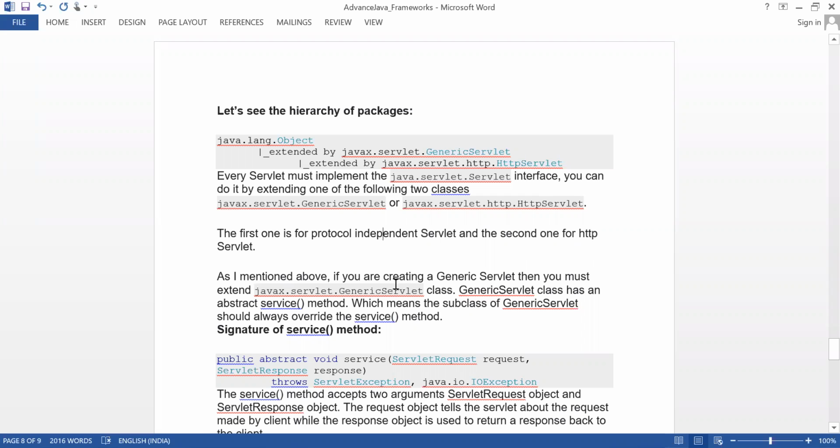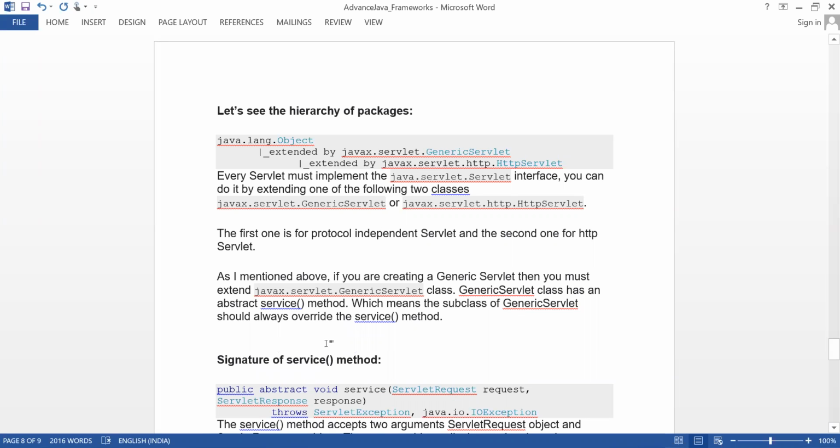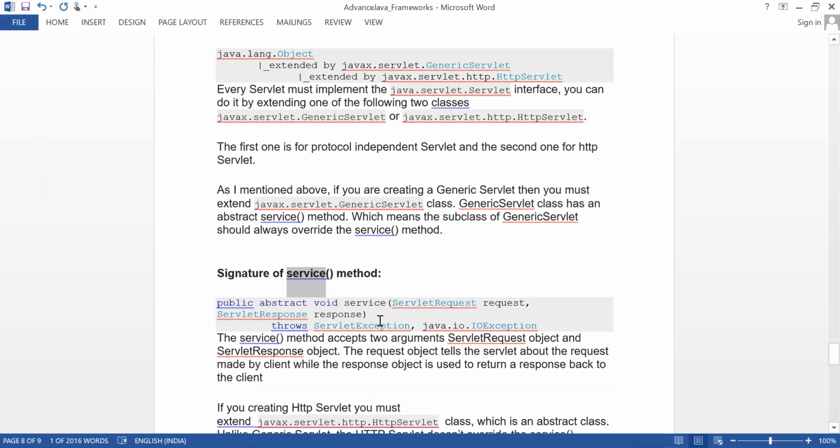If you are creating a generic servlet, then you must extend the generic servlet class. Generic servlet class has an abstract service method, which means a subclass of generic servlet should always override the service method. Got it? So you have to override the service method if you want to use the generic servlet class.